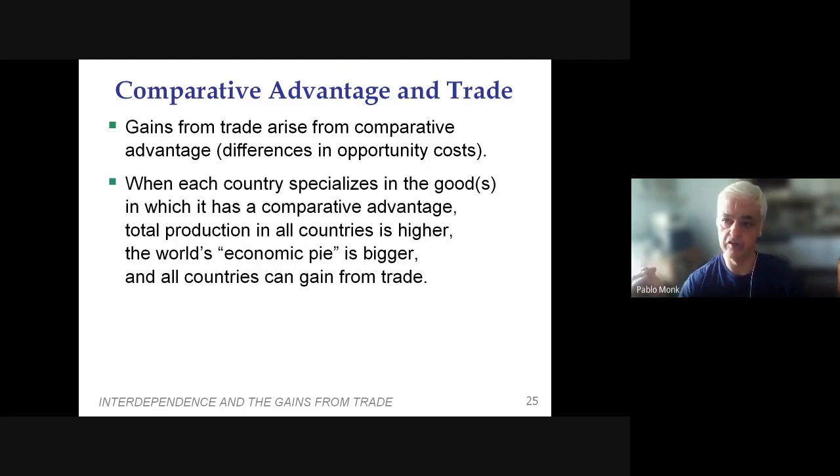So each country will specialize in the good it has a comparative advantage in. And what does that mean? The total production in all countries is higher because what you're doing is kind of like, if you think about,